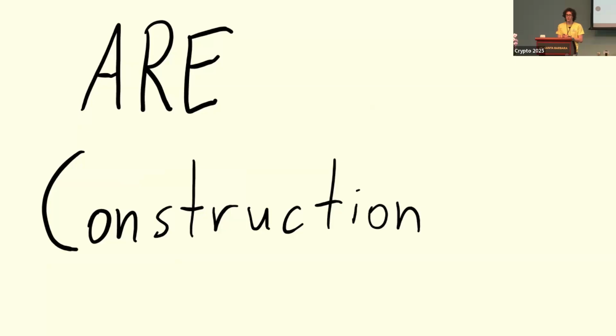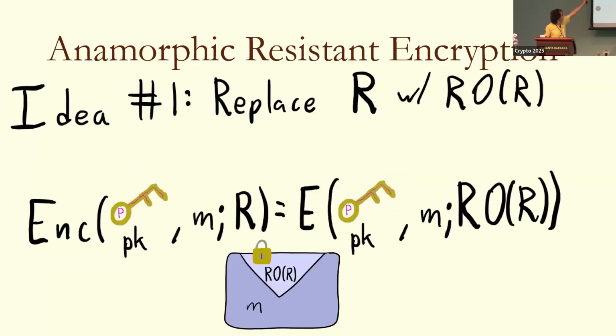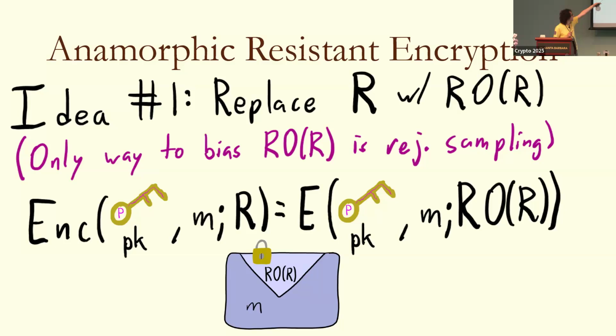So what is our construction of anamorphic resistant encryption? Our key idea is going to be that the only way to bias outputs of the encryption scheme should be to do rejection sampling. And what is one thing where the only way to bias it is to do rejection sampling? That is a random oracle. So our key idea will be to replace the randomness of encryption with the output of a random oracle on the randomness. Okay. And so the intuition here is the only way to bias the randomness is to do rejection sampling. And so the only way to add a second message into the encryption scheme is to do rejection